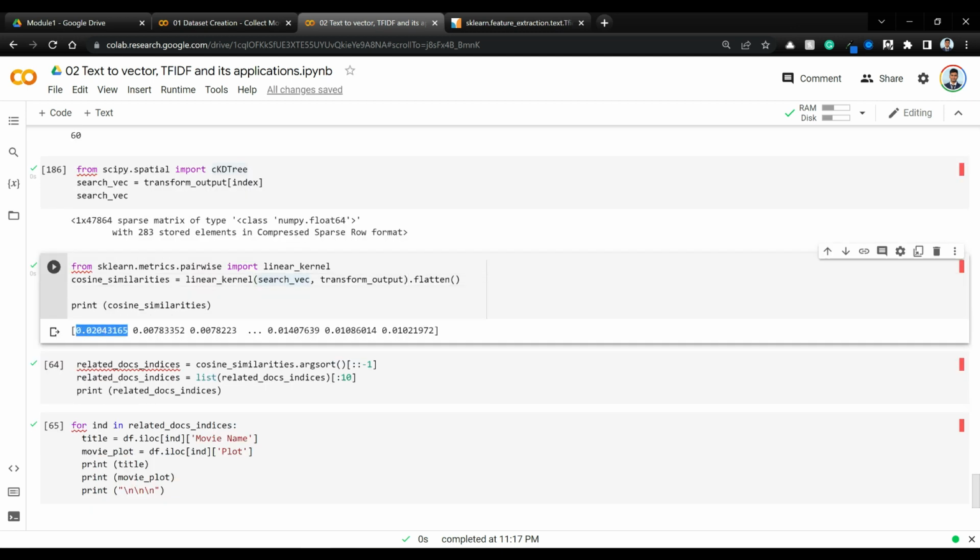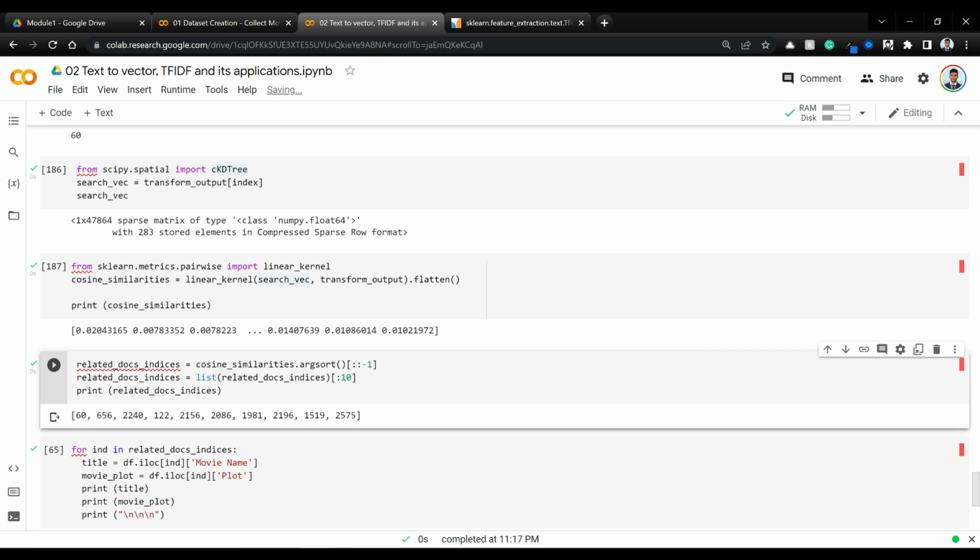This value stands for the cosine similarity of Batman Begins with the 0th movie plot. This is with the first movie plot. This is with the second movie plot, etc. And again, what we are doing here is just getting the top 10 cosine similarities and we are going to print them. So essentially what this means is that these are the indices that match closely with the Batman Begins